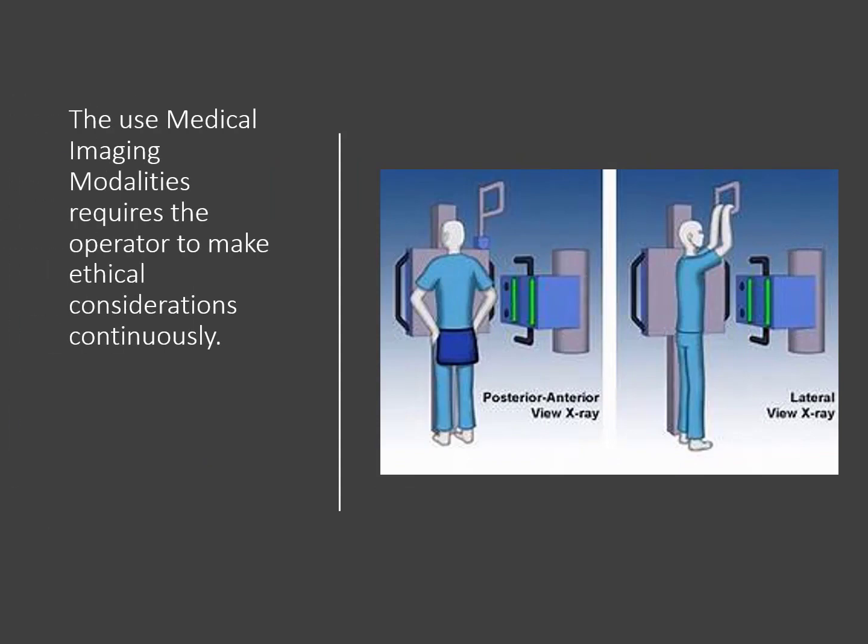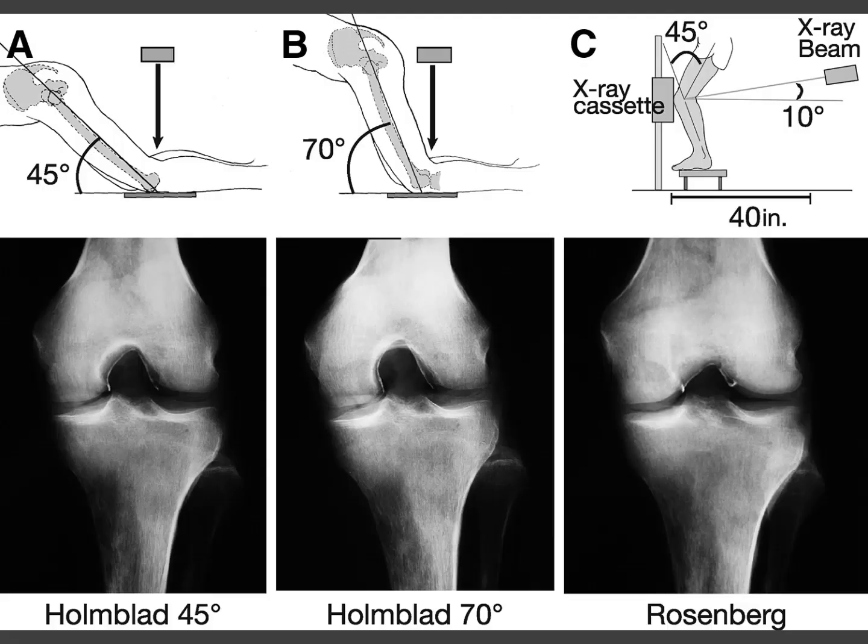What about patients and their stability? Are you going to get a 90-year-old feeble patient on the table and try to do an intercondylar fossa image, the old Holmblad position where they're on all fours, or are you going to modify the exam to be able to do it comfortably? These again are a lot of ethical decisions that you make,